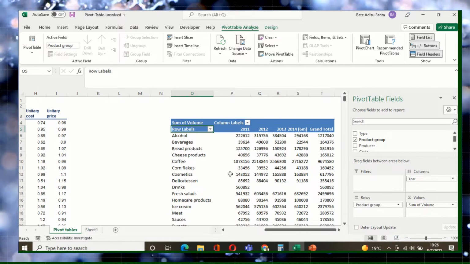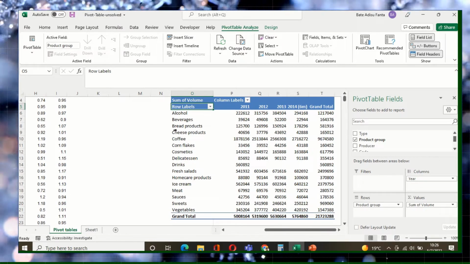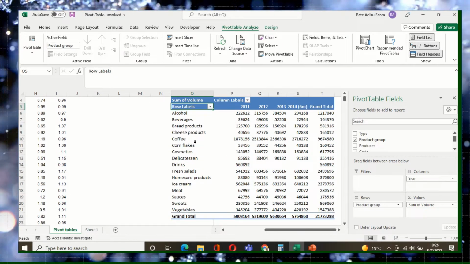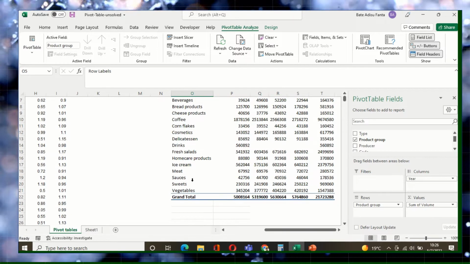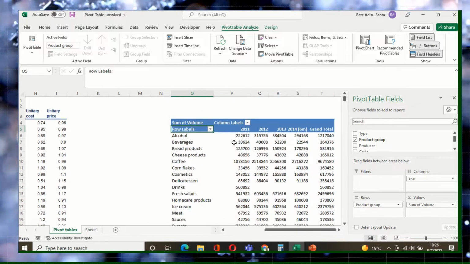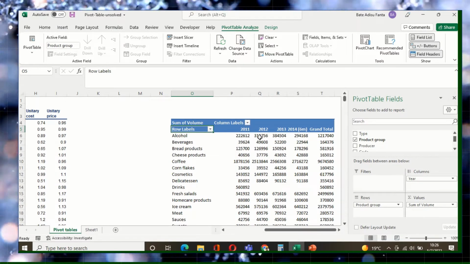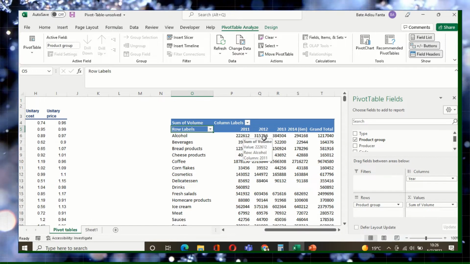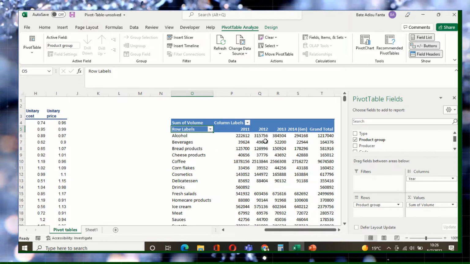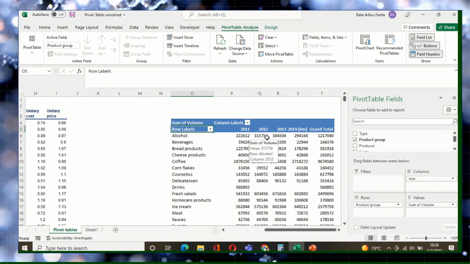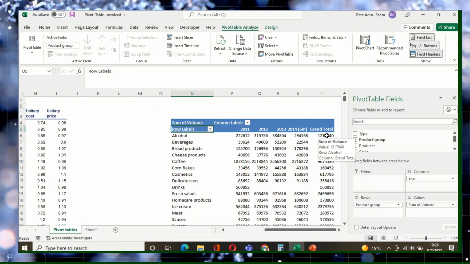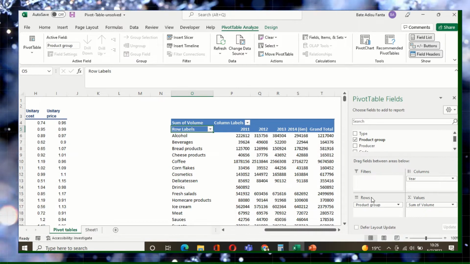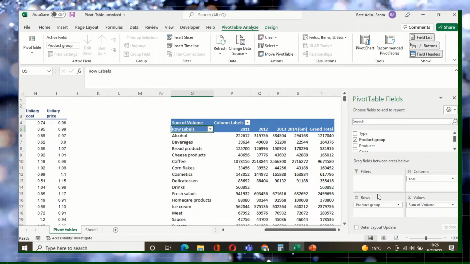All right, so we have here product group: alcohol, beverage, bread products, cheese products, coffee, cornflakes, cosmetics, continues. And in each year, how many units were sold out from alcohol in 2011, 2012, 2013, 2014. Yeah, it's 4 years data in the grand total it shows. Okay, let's see something else